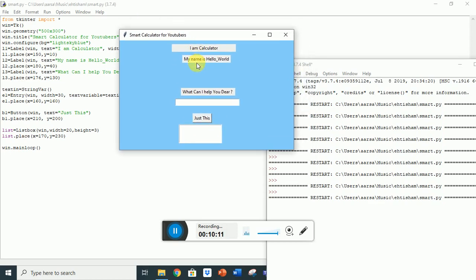Now we will see how it will be made like a smart calculator, that what we can write over here like add 5 and 10, and it will give a result over here, that it will have to give the result of 15. So in the next part